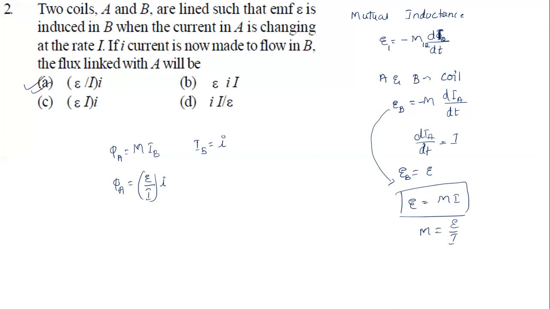Okay, so you need to understand, you need to have clarity. Simple thing, we're going to use this formula. What does this formula say now? Induced EMF is equal to minus M into di by dt. Similarly, for self-inductance, what formula will it be? In self-inductance, the current in the same coil gives us EMF in the same coil. So I write there E equal to minus L into di by dt.